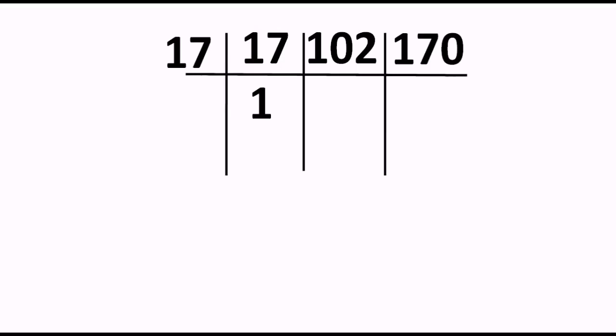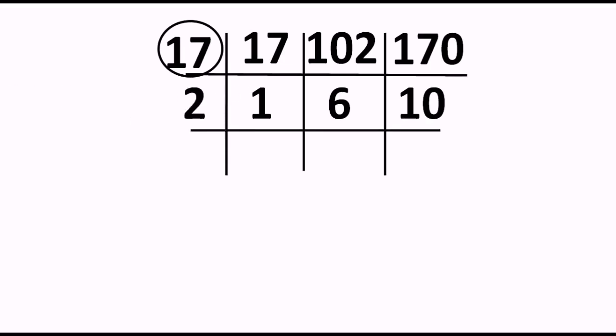So 17, 1, and when you divide 102 by 17, we get the answer 6, and we know 17 tens is 170, right? Now see here, the 17 has divided all these three numbers. So the way I told you, we have to encircle it, because this encircled number will be utilized for the GCD or the HCF. So at the bottom layer, we have 1, 6 and 10. Now over here, all the numbers are not in the same table, but 6 and 10 are. The problem is that no two of them should be divisible by the same number. Presently 6 and 10 are divisible by 2. So we have to divide them by 2.